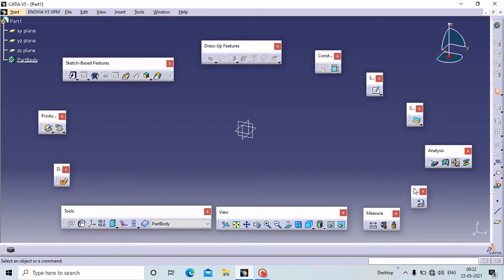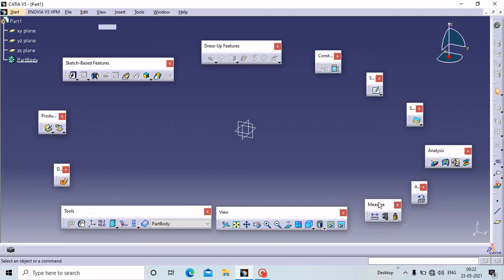Next is the Apply Material command. By using this command you can apply the material for your particular design part. There are n numbers of materials integrated inside the CATIA software. By using this you can select one of the materials and assign it to your part.